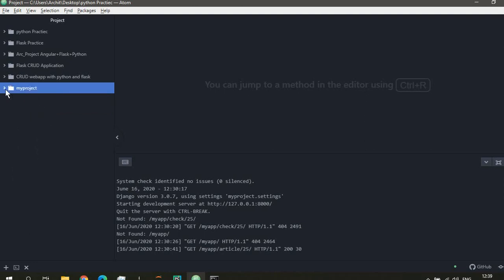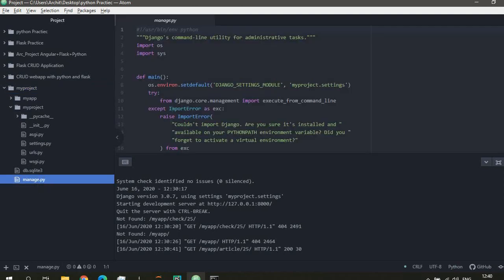When you move on, you'll see that one of the main things is manage.py. Manage.py is created by Django. Other than that, we have the separate myproject application. Inside it, we have the simple settings, URLs, and WSGI. You'll slowly see what those mean.